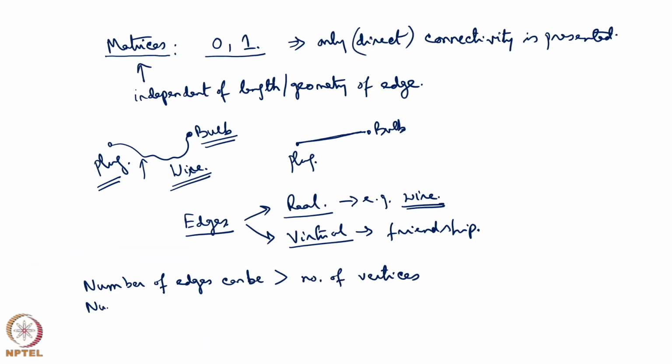And we can write that the number of edges can be equal to the number of vertices, or the number of edges can be less than the number of vertices. Three possibilities are there. The graphs I have shown can be considered as